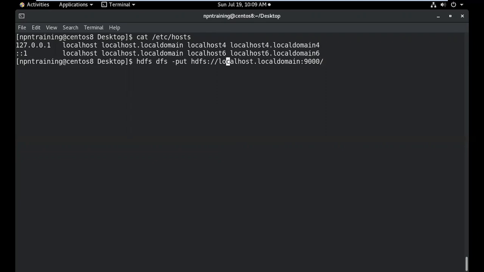Which file did we create, guys? I think 2.txt. Okay, 2.txt. I'm moving it into the root directory of HDFS by the name 2.txt. Instead of this, we just gave a slash. That is also accepted. But there is another variant for this. Just an information.